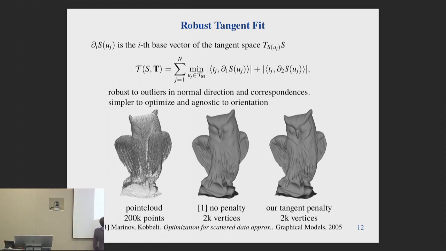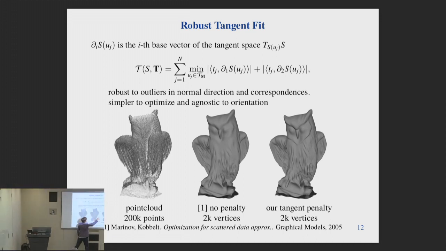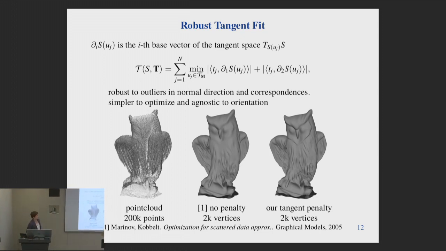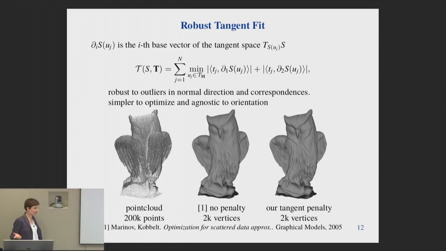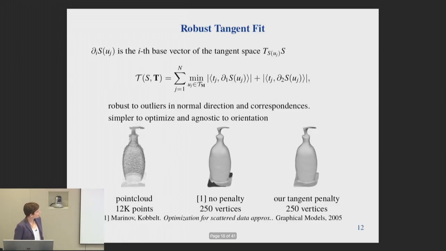You can see that with a least squares model, you don't have a neck on the awl, and we get some extra feathers. So that's useful if you have boxes or things very sharp. But then you might not want a subdivision. And the other characteristic of this term is that it's agnostic to the orientation of the